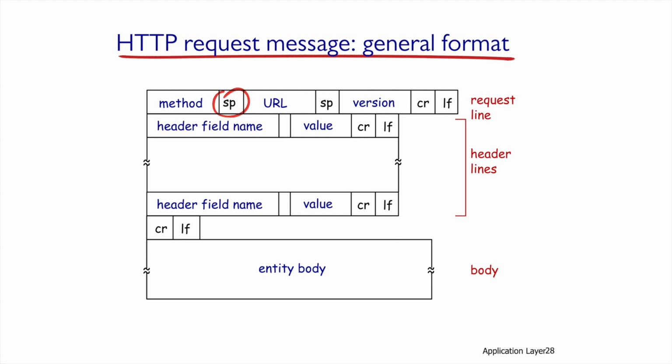SP represents a space, CR represents /r, and LF represents /n. These are special characters that take up 1 byte. Note that in the last part, there is an additional part, which is the body of the message. What information does the customer need to send to the server in the body of the message? We will answer this question in the next slide.